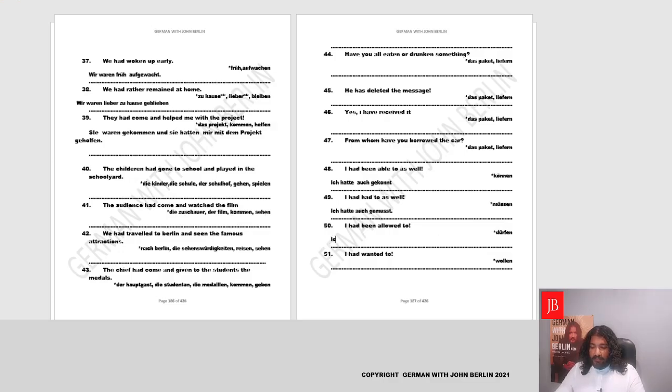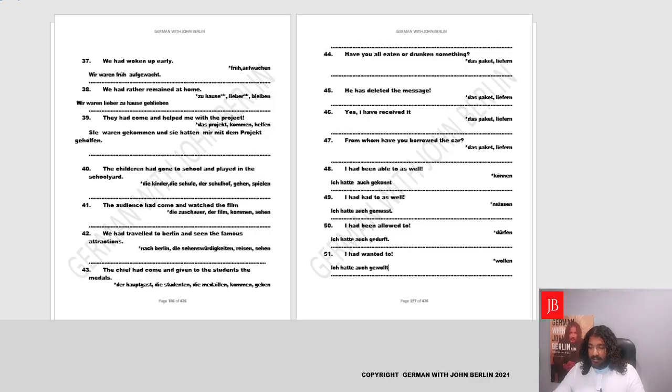So you'll say ich. Again, the verb is dürfen, to be allowed. So we'll basically conjugate with haben. The tense is past. So you'll say ich hatte auch gedurft. Very good. I had wanted to. Now again, I say I had wanted to see Muhammad Ali fight. Now you say I had wanted to as well. So basically again, wollen is a normal verb without movement. So we'll say haben to be the helping verb. The tense is past, change to hatten. Ich hatte auch, the verb is wollen, in past gewollt.